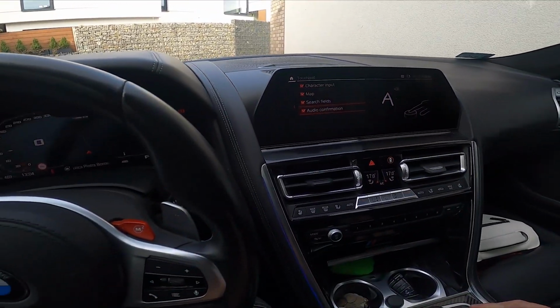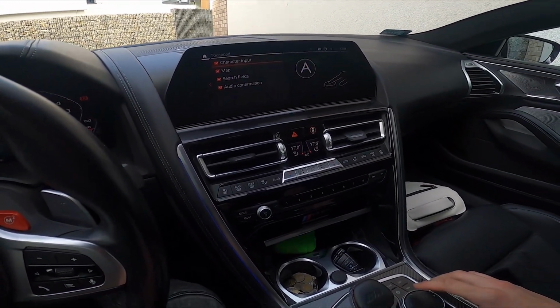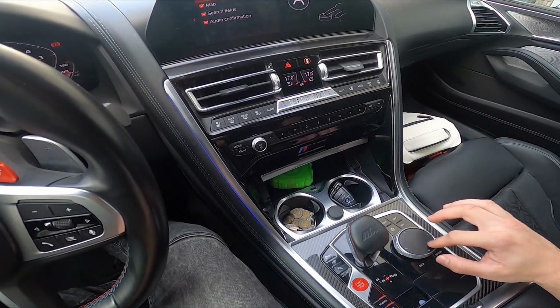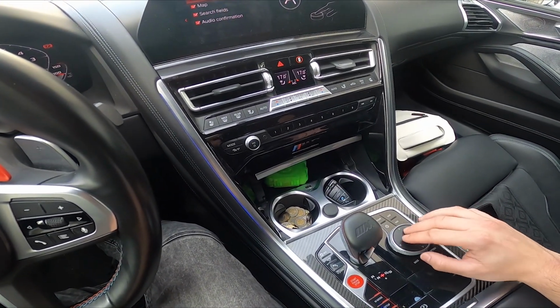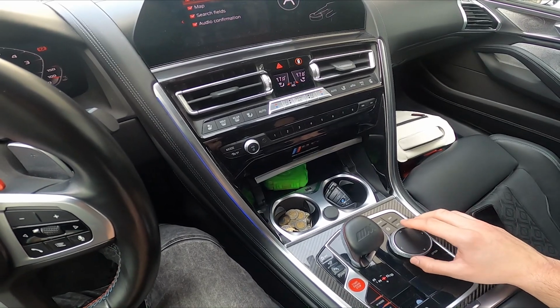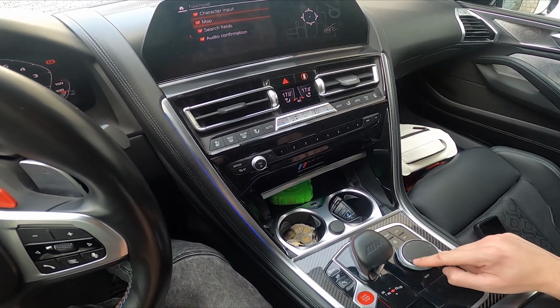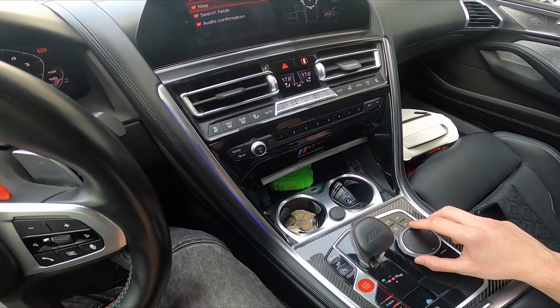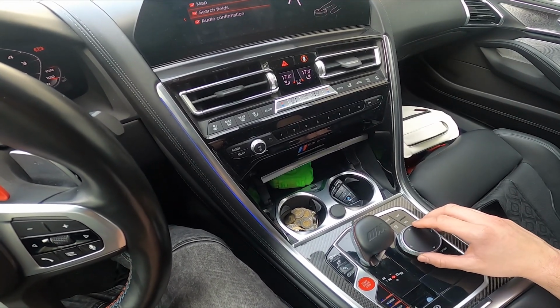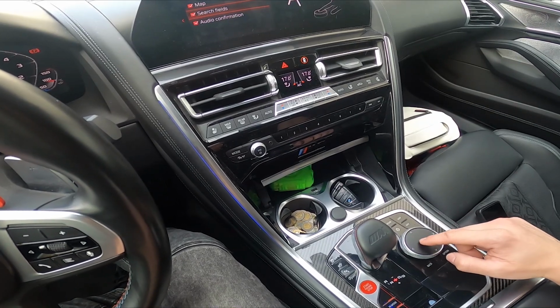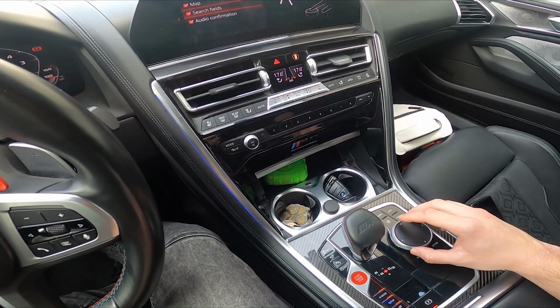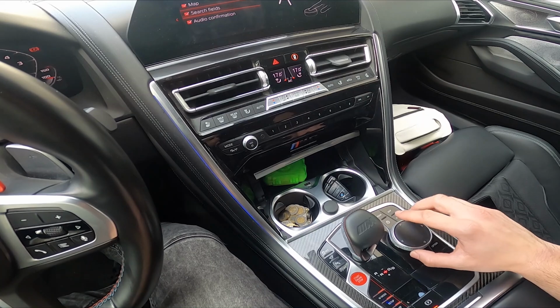Basically, it means that for character input, you'll be able to, for example, write the characters on the touchpad and it will be recognized on the screen display. In the map, you'll be able to change the map position on the touchpad. In search field, you'll be able to write the characters in the search field, and in audio confirmation, you'll be